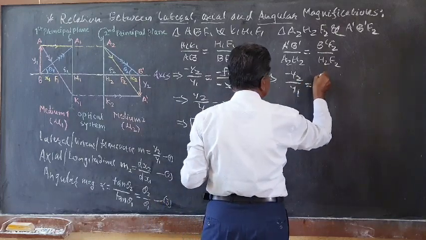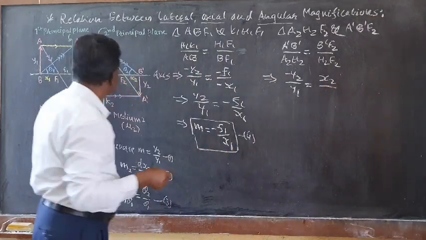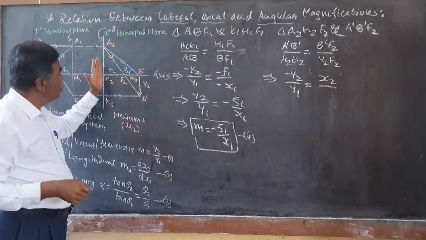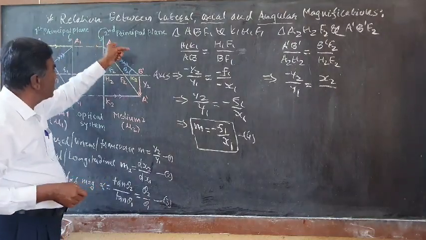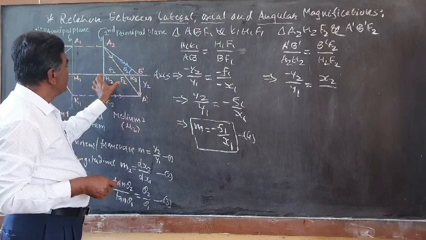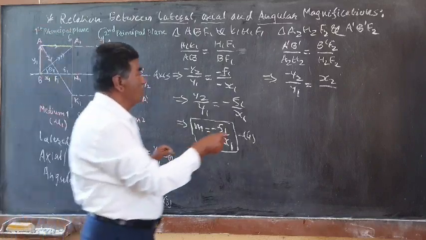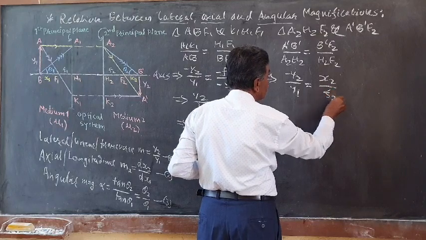So we can write that the distances which are measured from the origin of the optical system in the direction of the light, this is the direction of the light, can be taken as positive, and therefore x2 becomes positive. This distance is also positive, that is f2. S2 F2 is nothing but the second focal length of the lens system. So this is equal to f2.